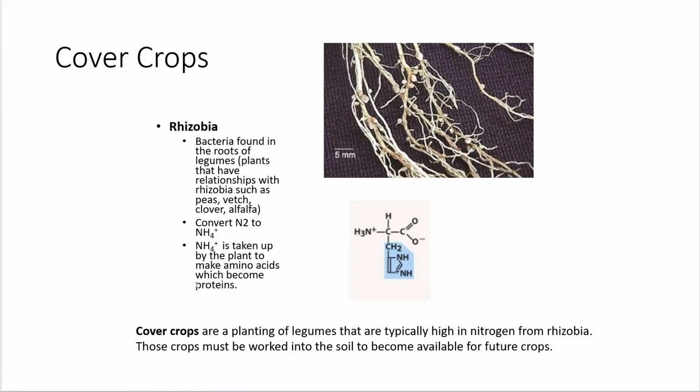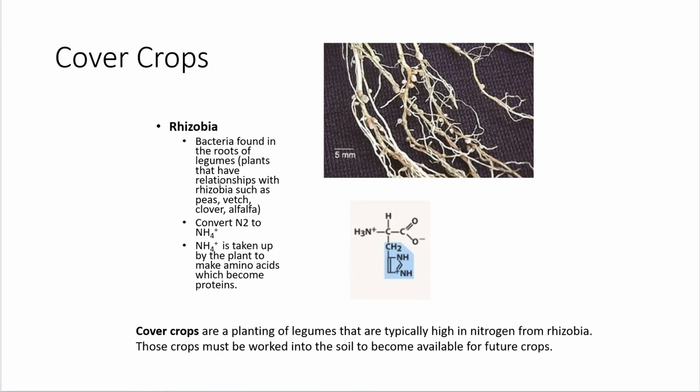Essentially, with cover crops, this is an excellent approach. A lot of the cover crops mentioned here: peas, vetch, clover, alfalfa. What's another one? Fava beans do it. They're nitrogen fixing. So a lot of these plants that have rhizobia in the roots, if you plant them in the winter, it could be a crop that you could pull from. If you plant some fava beans in a garden bed during the winter, you can utilize those fava beans,